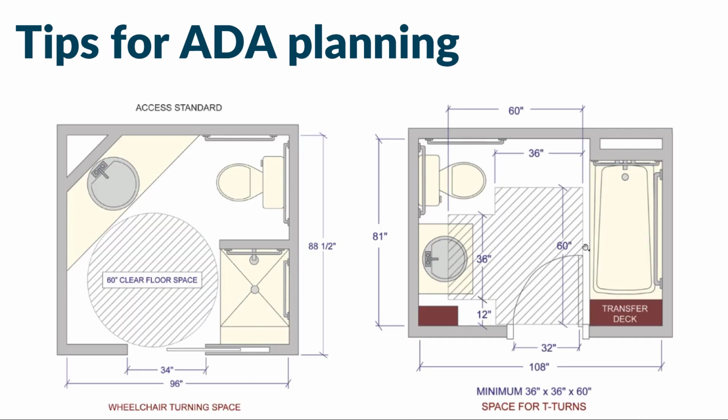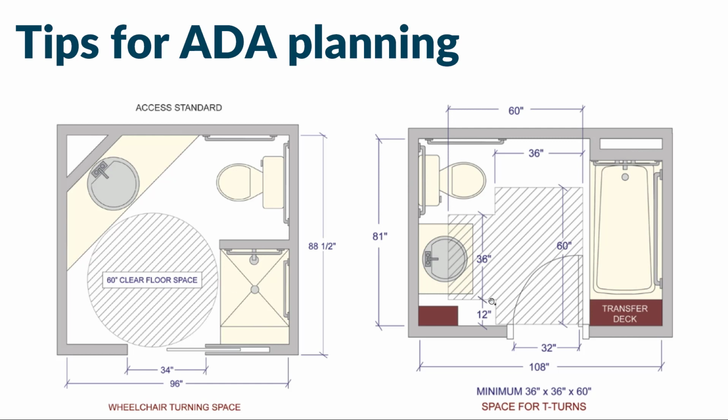So kind of looking at some plan view drawings and breaking it down, much like in a kitchen, in an ADA compliant bathroom, you want a 60-inch turning radius. So 60-inch clear floor space for an individual to turn around in. If using the T-turn